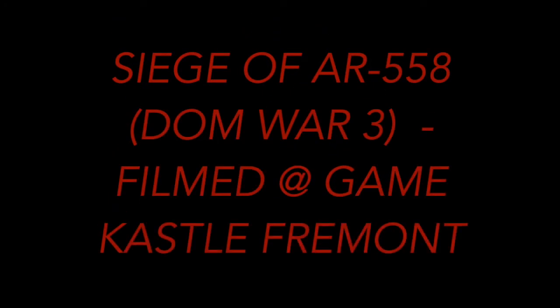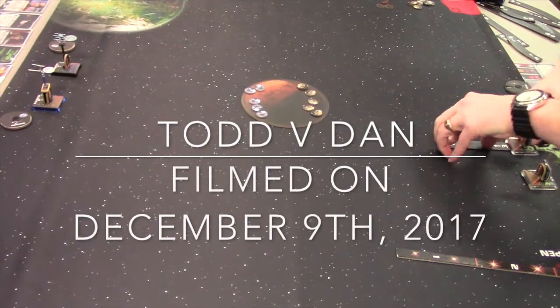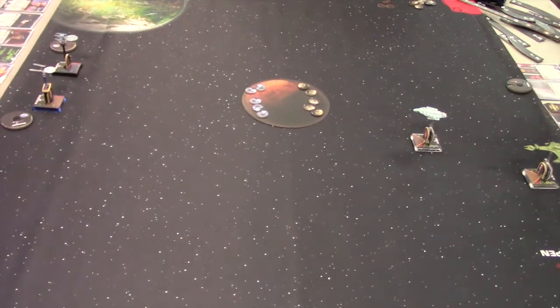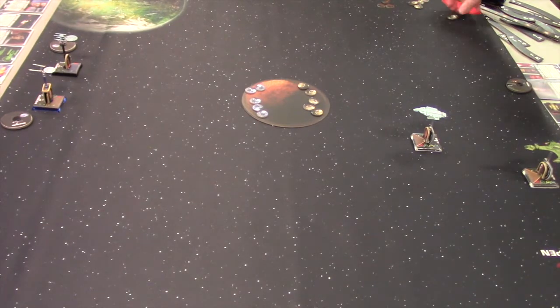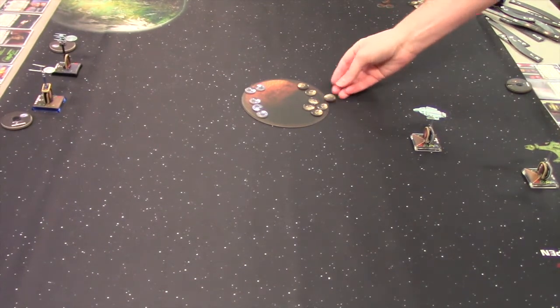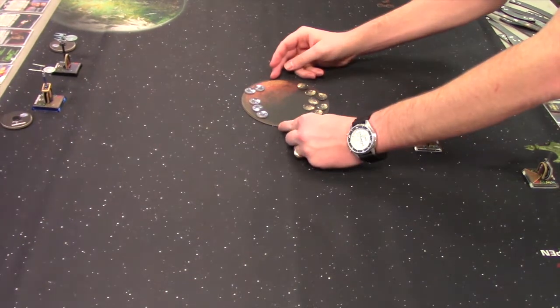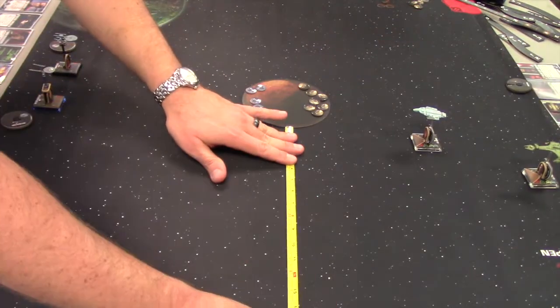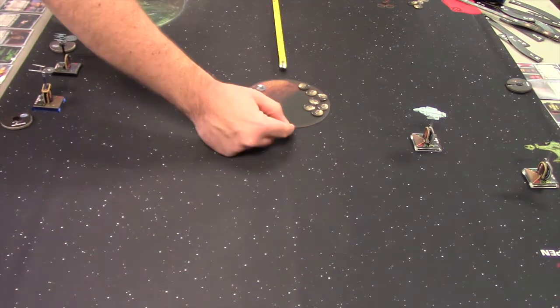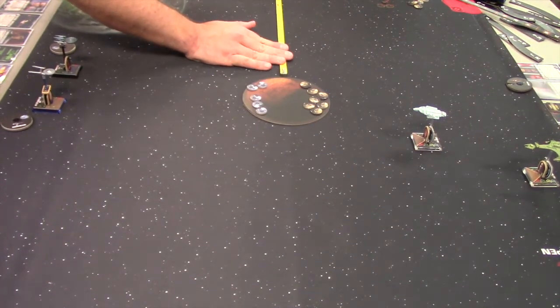Today, game footage of Siege of AR 558. This is round 1, Todd versus Dan. You guys may know this better as Dominion War OP3, or the really cool ground battle, the DS9 episode where Rom loses his leg. Not Rom, Nog. Wrong Ferengi. Sorry, my bad there. Yeah, so